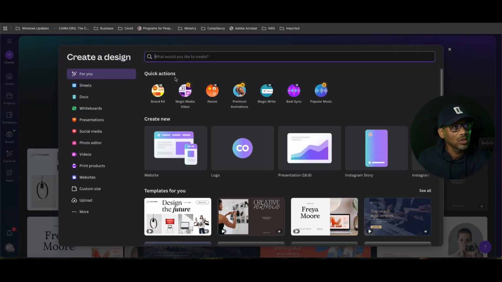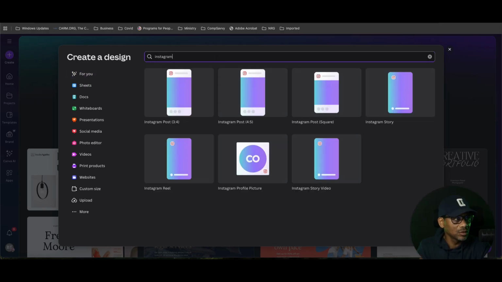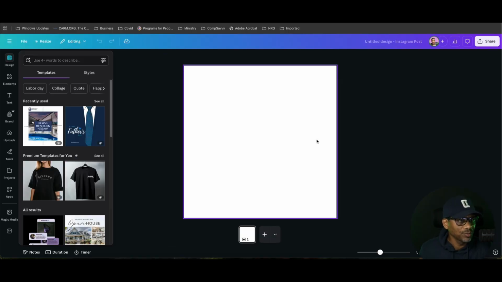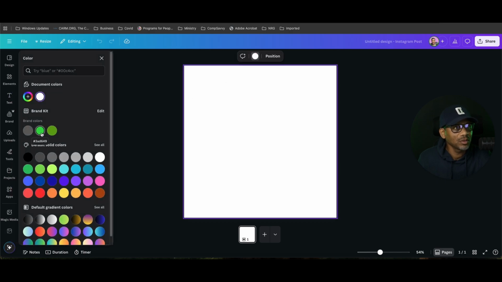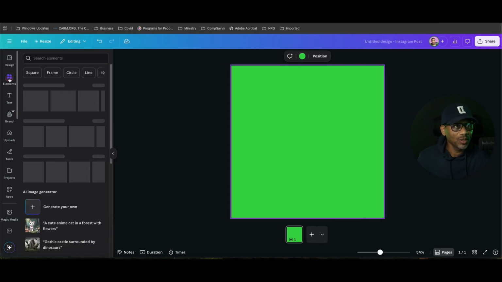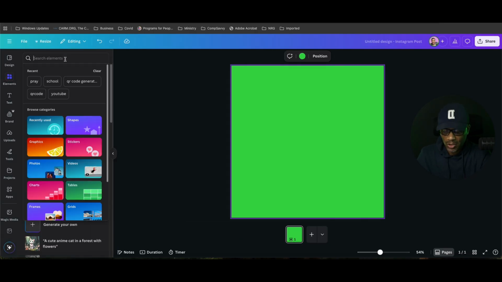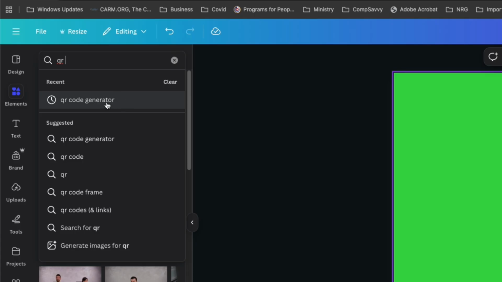We'll just do Instagram. Here we go, we'll do Instagram squares. All right, so let's change our background color. We'll change this to green. Okay, and in order to create our QR code, we're going to go to Elements and type in QR code. As you can see, because I've already searched for this, it's coming up. But if you type in QR code, you want to go to this QR code generator,